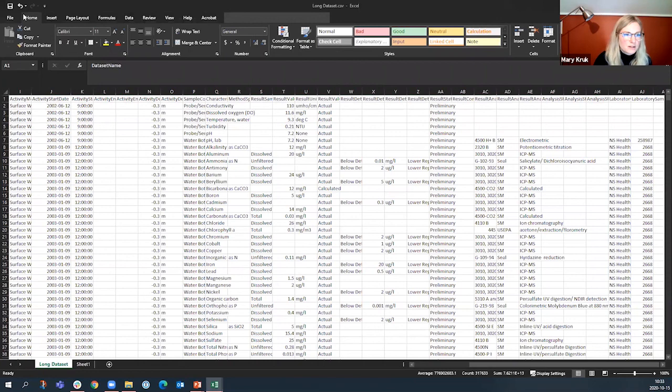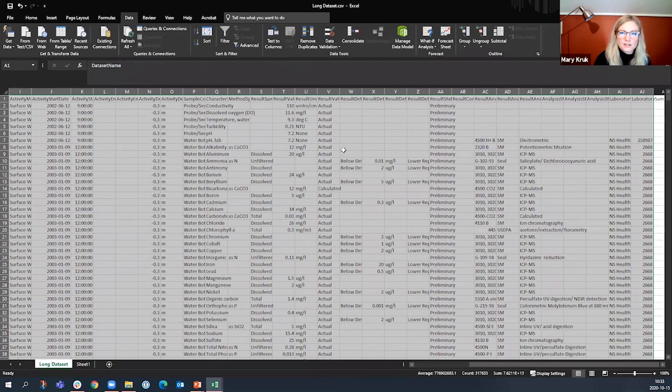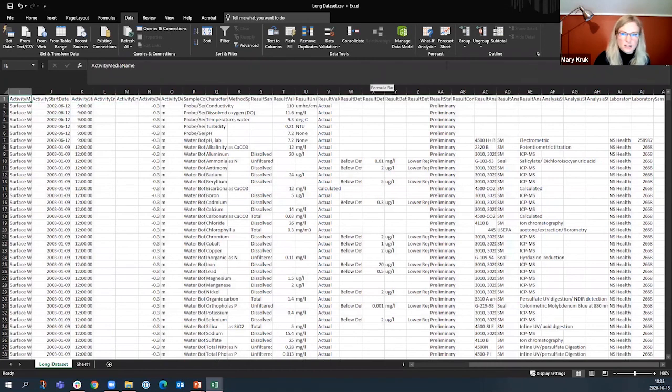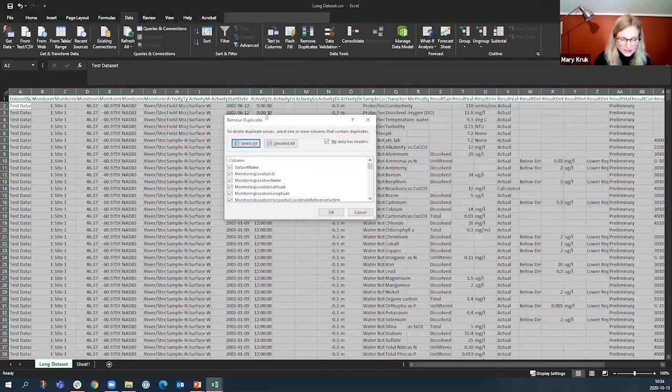So we start by going over to our data tab, and we want only unique characteristics in the data set. For this function, I'm going to start by using the remove duplicates button. This is the preferred method. I like this method a little bit better, and I'll show you why in just a second,